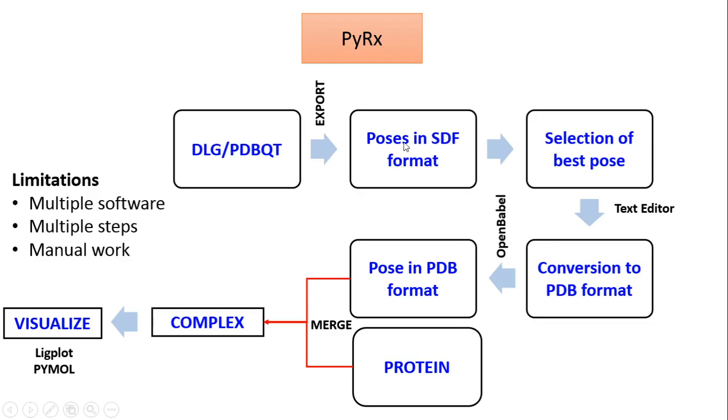What you need to do next, depending on the pose that you are interested in, is select the best pose. The best pose is usually the one having the lowest binding free energy among the poses that have been predicted. Okay, so once you separate the best pose out of the different predicted poses, the next